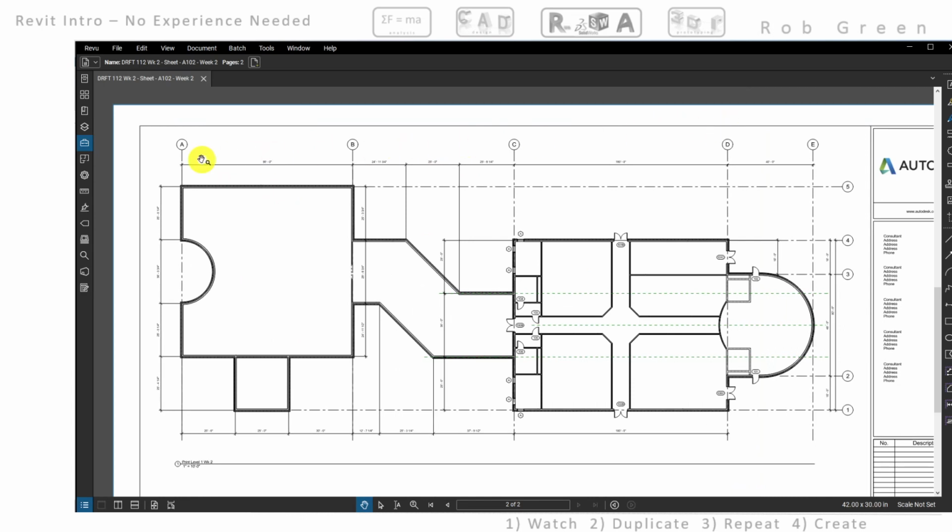Right now I think we have A, B, and C, so we're going to need to change those grid heads, and then we're going to need to add an AB way out here, and we're going to add some horizontal grids as well. But let's go ahead and do the modeling as the textbook asks us without those grids. So we're just going to follow along with the textbook,